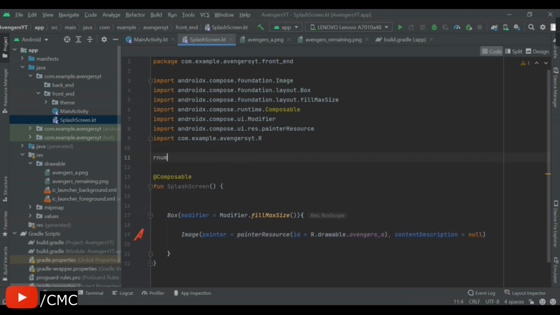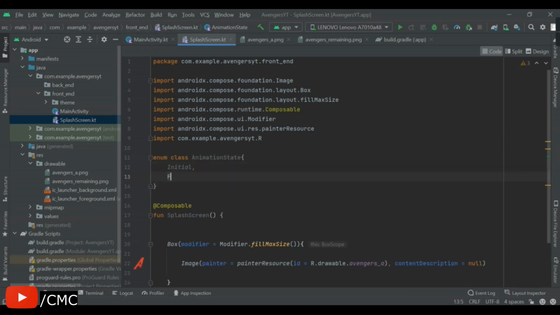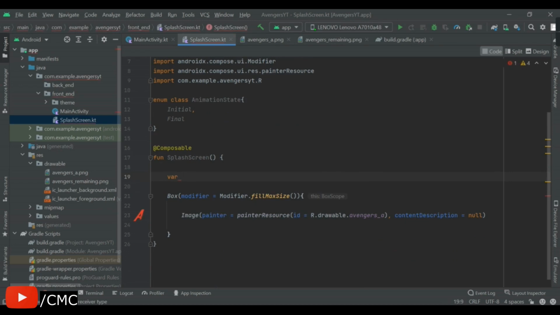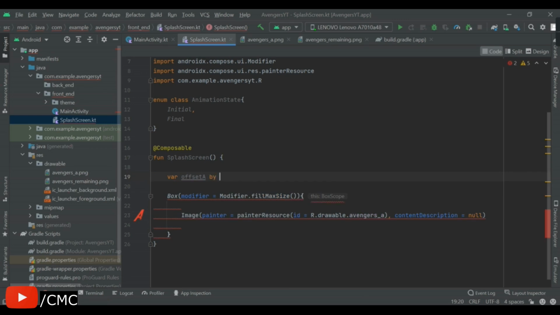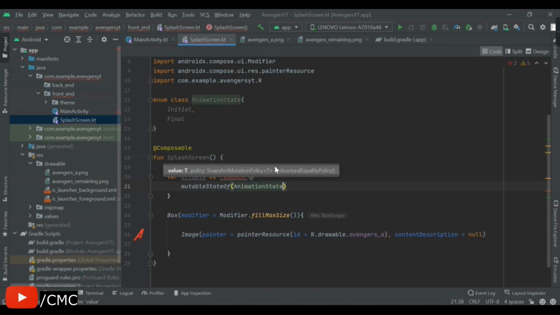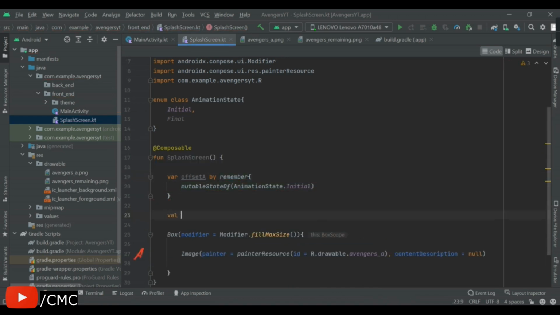To represent state I will use enum classes. In fact, only one enum class we will use. I'll call it animation state, and it will have an initial and a final state. Now I will hold the state inside some variable, offset A, and I will use the Kotlin delegate syntax by, then I will say remember, it will be state of animation state dot initial. Import remember, and import get value and set value as well. I'll create another variable which will hold the animation state values, and it will be animate